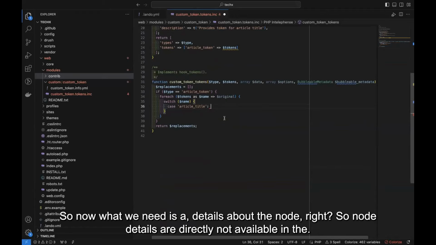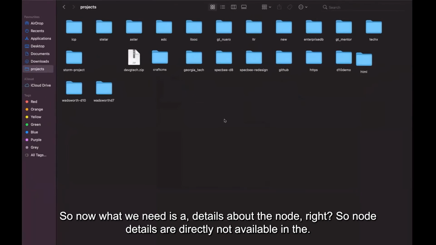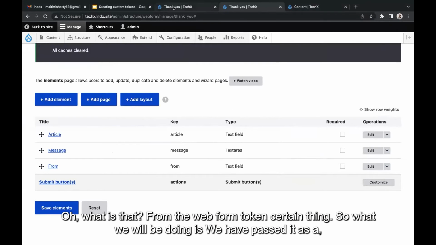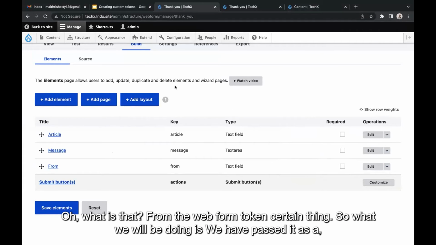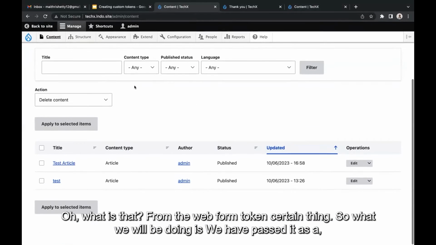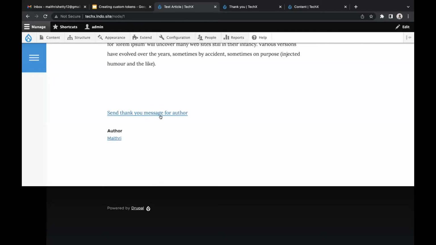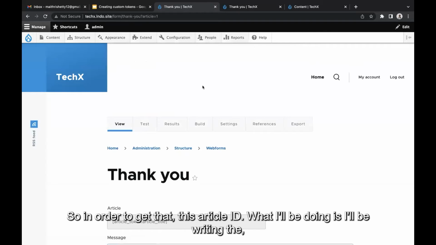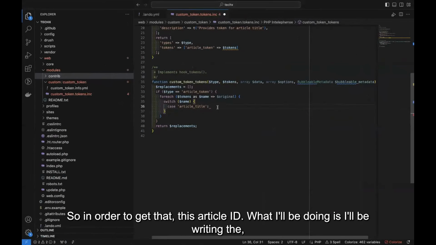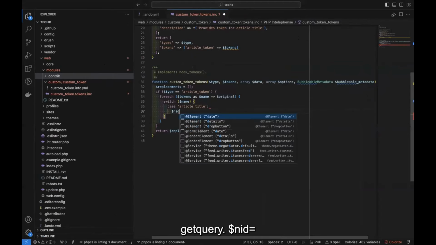now what we need is details about the node. Node details are not directly available from the web form or tokens or anything. What we'll be doing is we have passed it as a query in the URL. So in order to get this article ID, I'll be writing a get query, $nid is equal to,